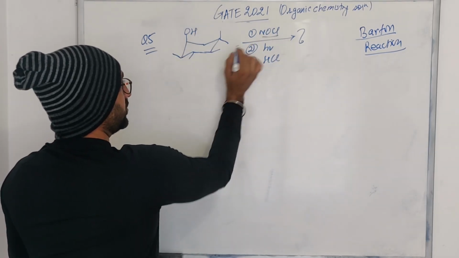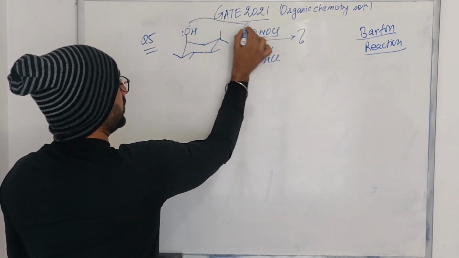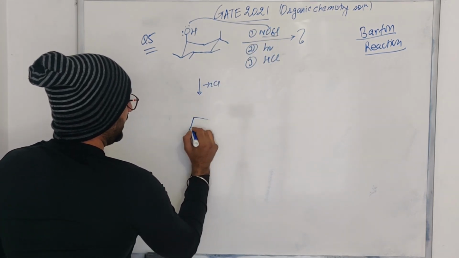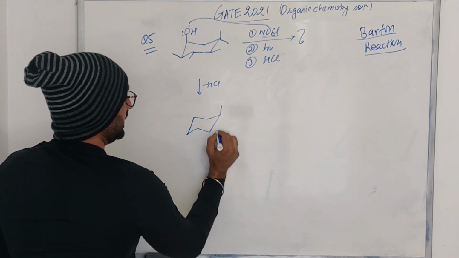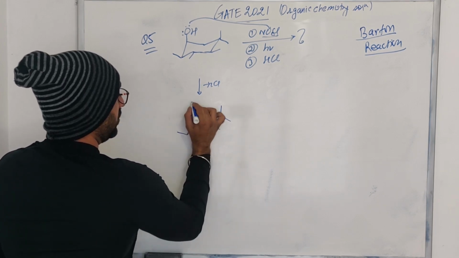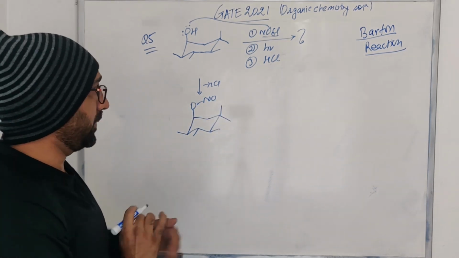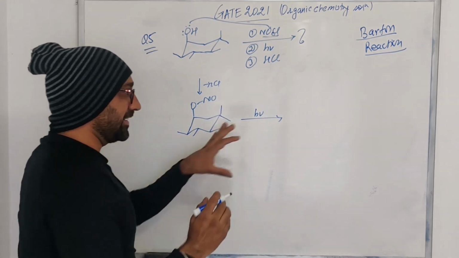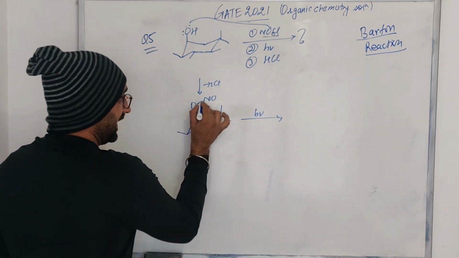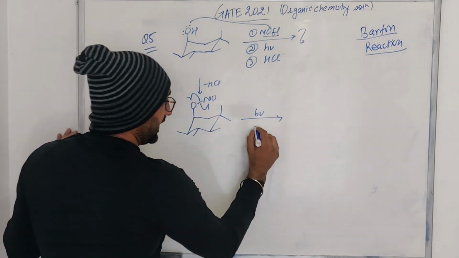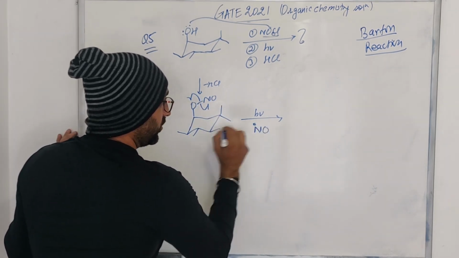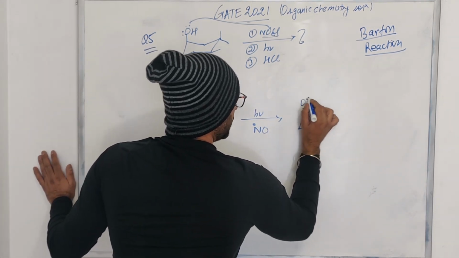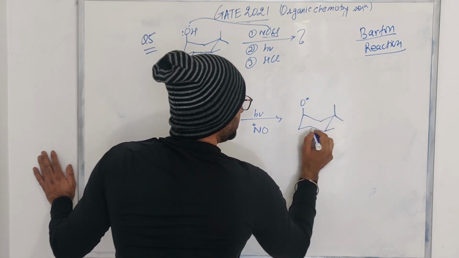So the first step, we are treating with NOCl. The oxygen is going to attack this, so chloro leaves and HCl is getting out of the system. So what we have is this, O and N=O. This is what we form after the first step. Now we know that whenever such compounds are irradiated with light, it results in the formation of radicals. So we generate this NO radical and this alkoxide radical.